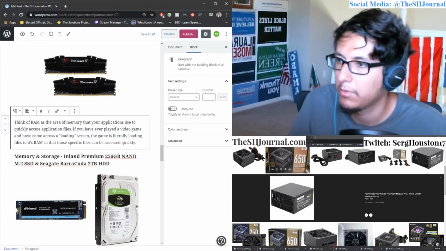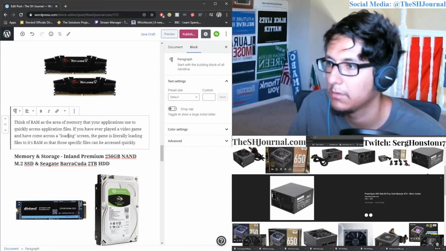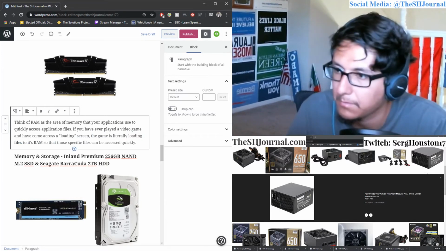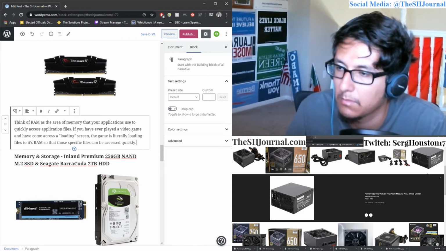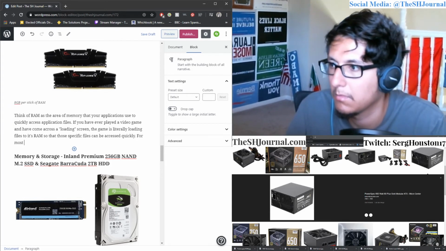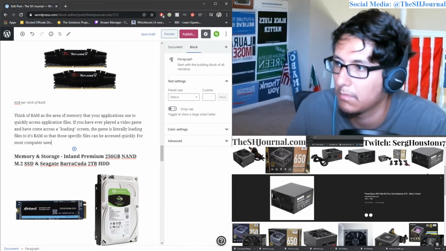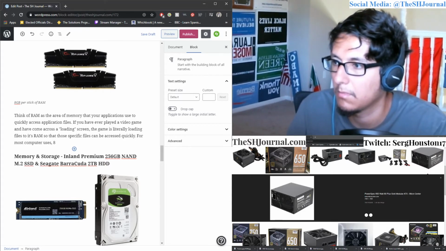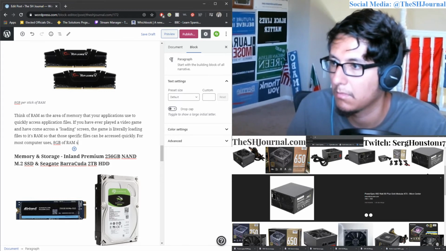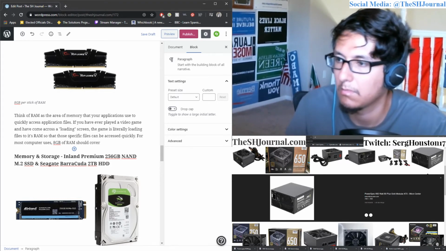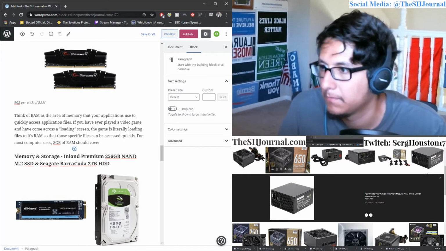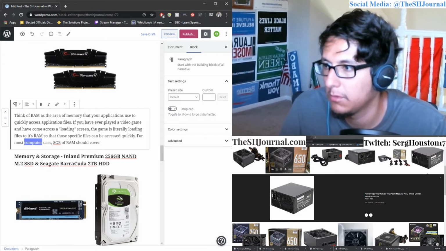If you have ever played a video game and have come across a loading screen, the game is literally loading files to its RAM. For most uses,